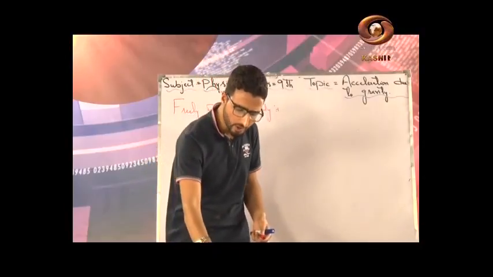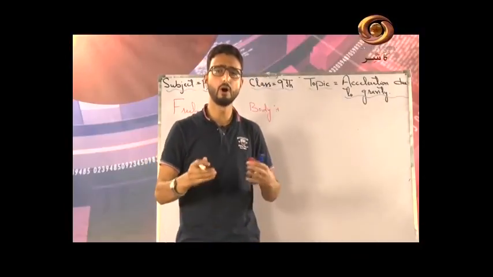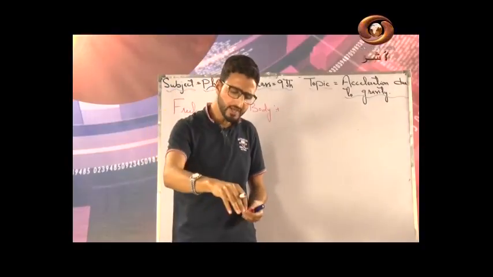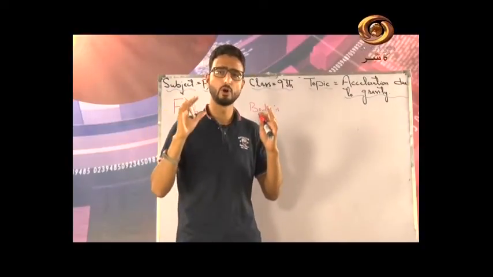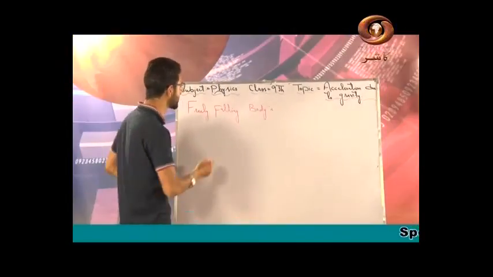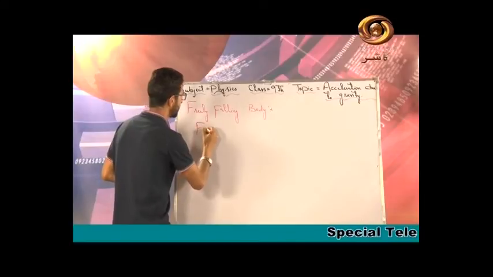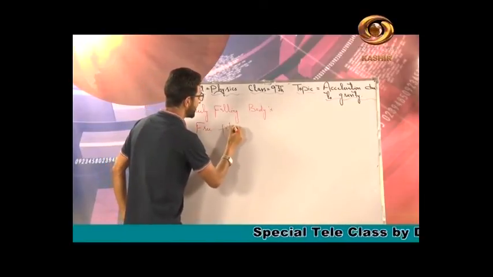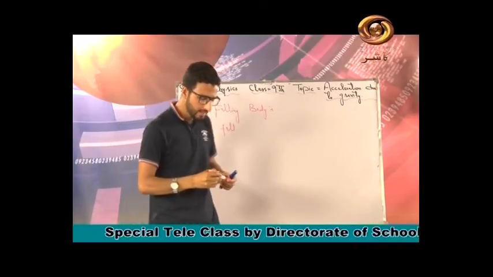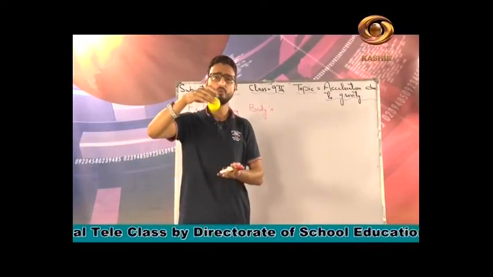So this is called a freely falling body, simply a body thrown upwards or downwards or simply released from the rest. That is called a freely falling body, and this phenomenon in physics is called free fall. So you understood the concept of freely falling body and free fall. Now let us look at this very ball once again.